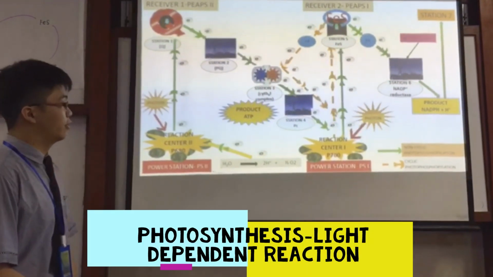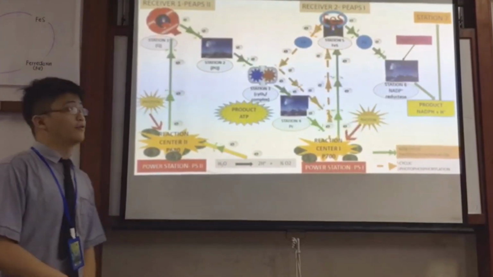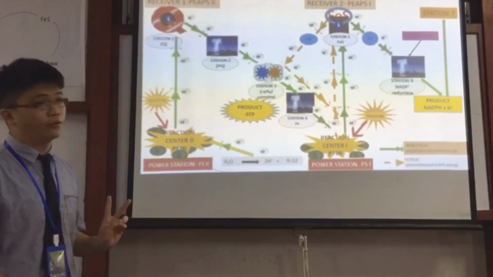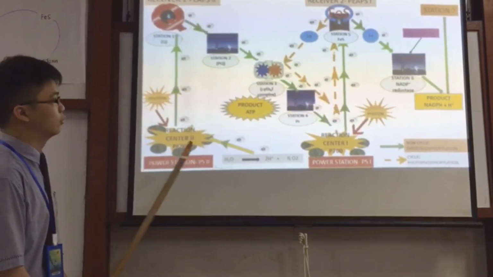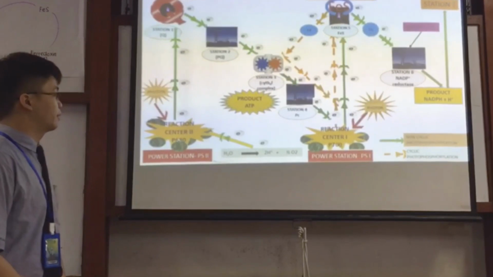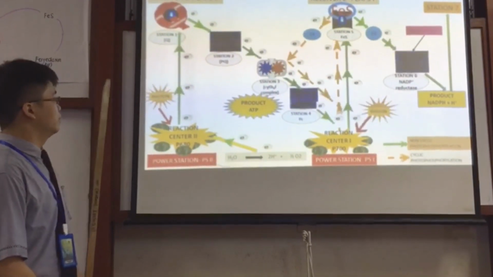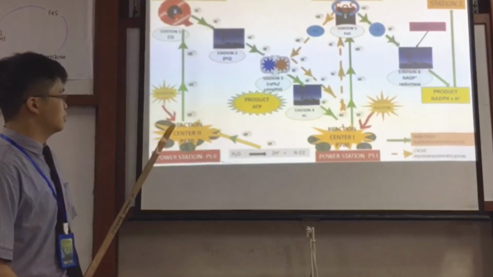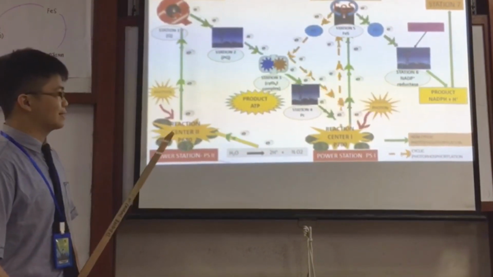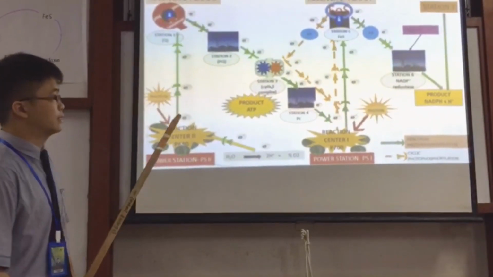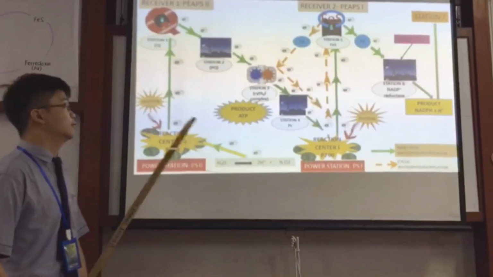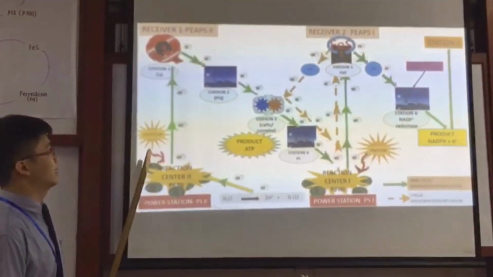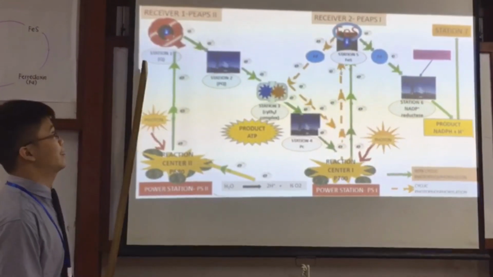Light-dependent reaction consists of cyclic and non-cyclic photophosphorylation. First, the non-cyclic photophosphorylation consists of two photosystems, which are photosystem 1 and photosystem 2. The non-cyclic photophosphorylation starts from photosystem 2, where the accessory pigment absorbs the light energy and passes the energy to the primary pigment, which is the P680 in the PS2. And the electron inside the P680 is excited and passed to the primary electron acceptor, which